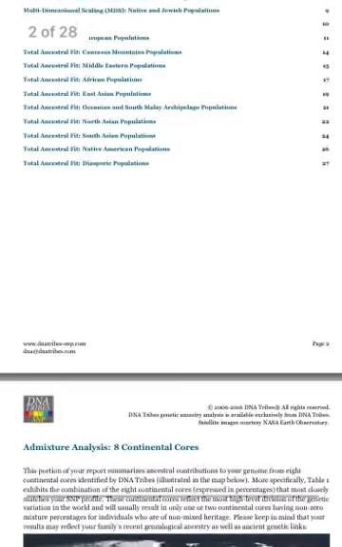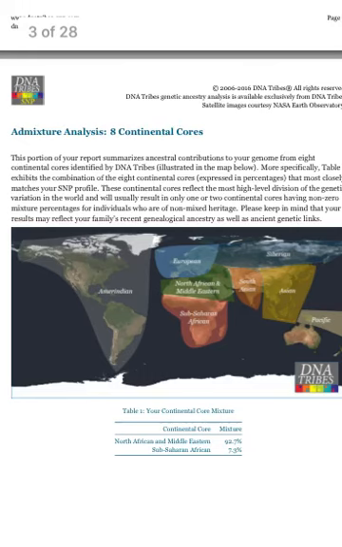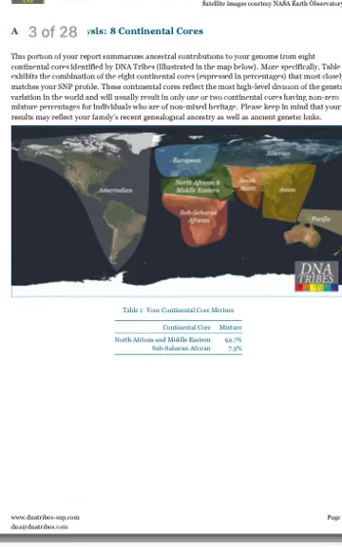The first part of the analysis is basically just giving your admixture analysis out of 8 continental cores. So you have Amerindian, European, North African and Middle Eastern, so MENA, Sub-Saharan African, South Asian, Asian Pacific, and Siberian. I guess this is like your regional admixture. So I get MENA 92.7% and 7% Sub-Saharan African. So I guess you could say I'm pretty much made up of 2 races,